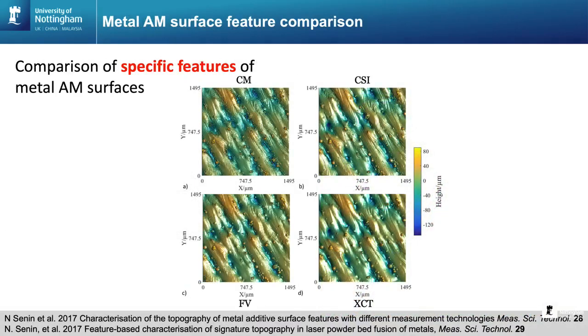So if we look at optical measurements, and in fact X-ray measurements, of those types of surfaces. This is the same additive surface measured with confocal, with coherent scanning interferometry, with focus variation, and we've also extracted it from X-ray CT. You can see, despite this being the same surface, we are getting very different responses. Now, it's important to point out that if we just use statistical parameters, for example Ra or Sa, to understand those components, they would come out the same despite the measurement results being very different.